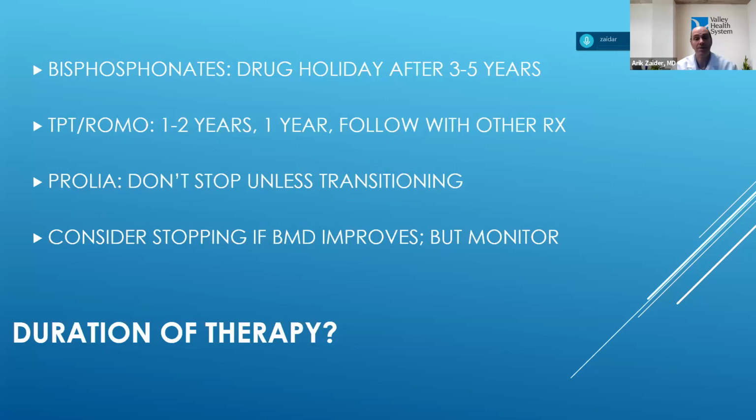But the other reason why we stop is because it stays there. You may remember that graph that shows that Fosamax plateaus. It stays in your bones usually for a good 1 to 2 years and continues to work even after you stop it. So that's why we generally stop after 5 years, see what's going on, and then if the bone density has declined, we go back to them. All the injection medicines that we spoke about, the bone builders, Forteo, Evenity, we always stop after a year or 2 years, and then we quickly follow up with something else.